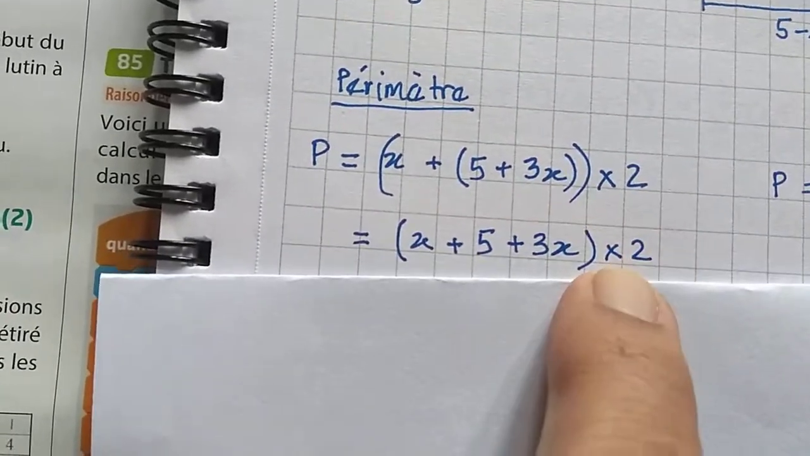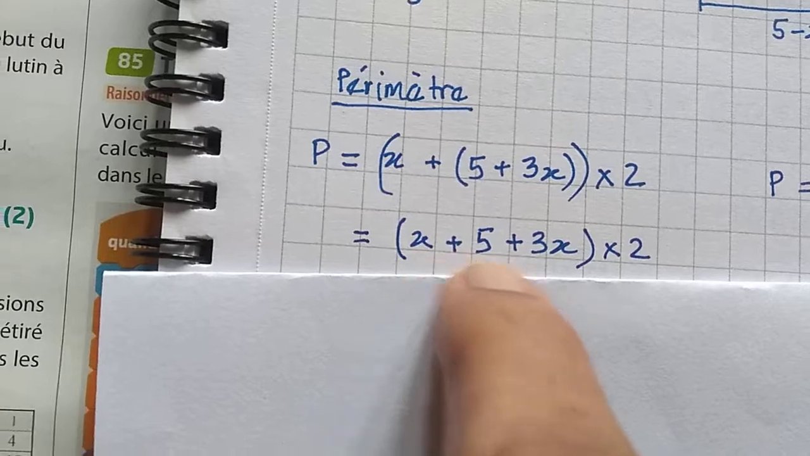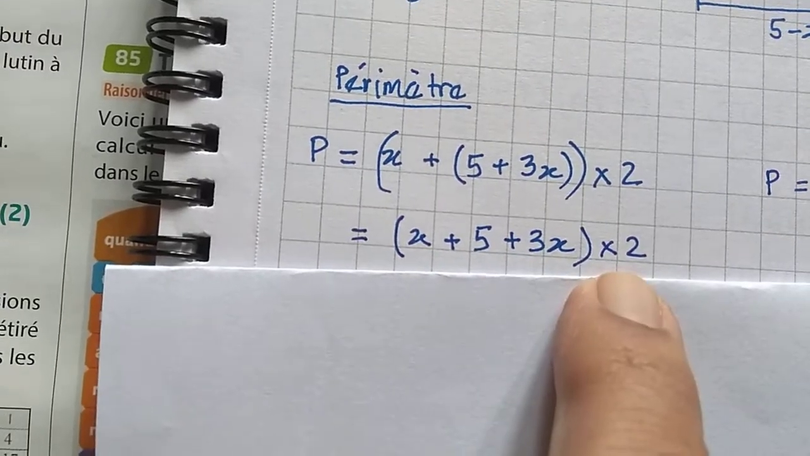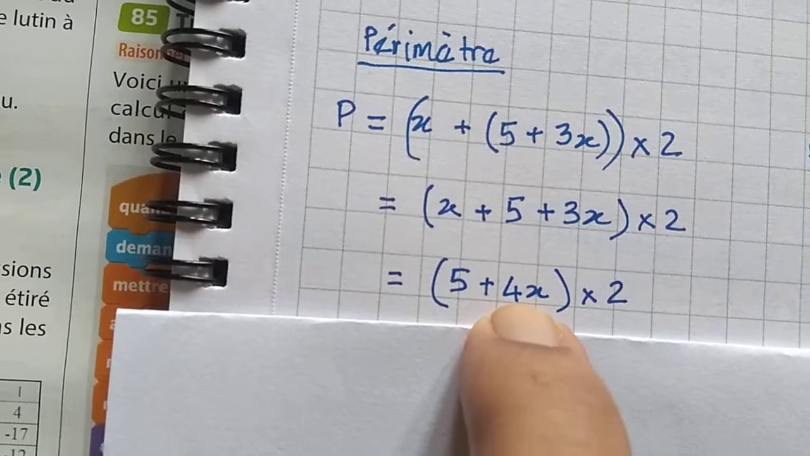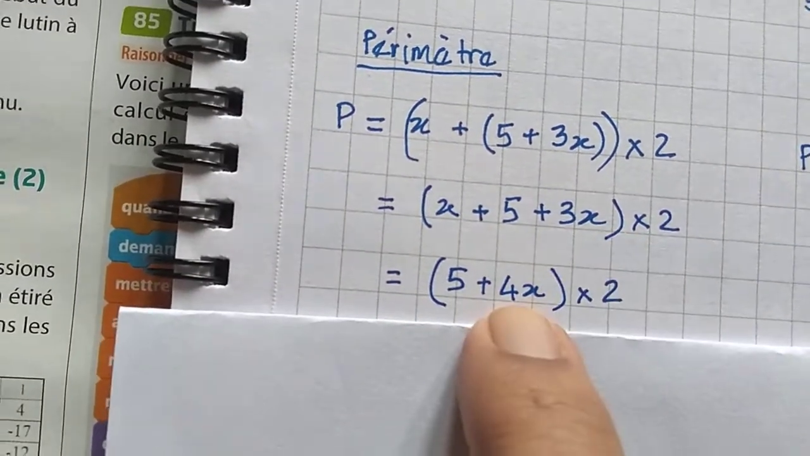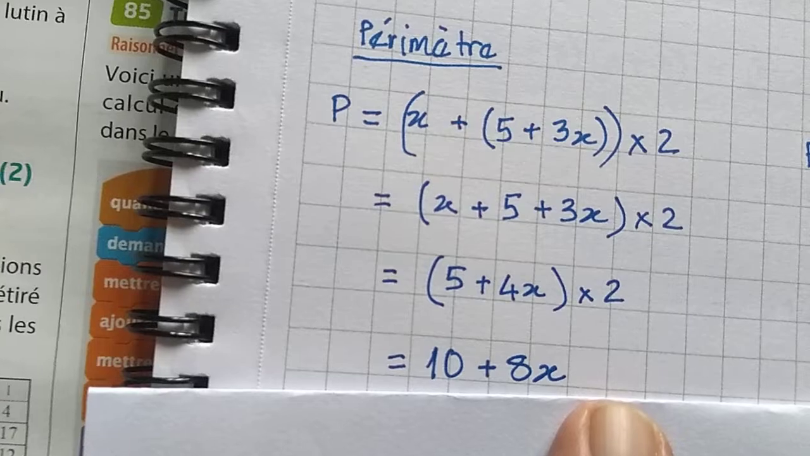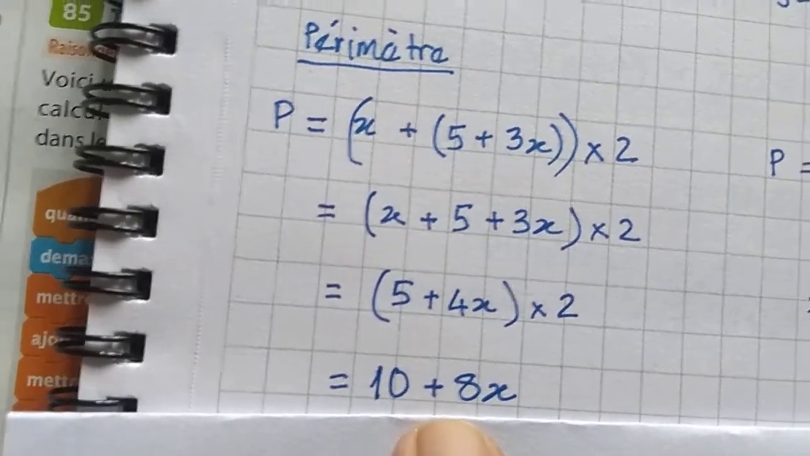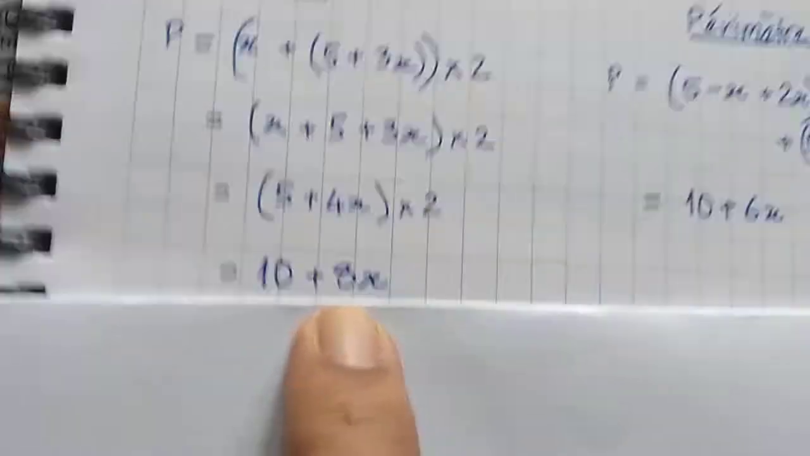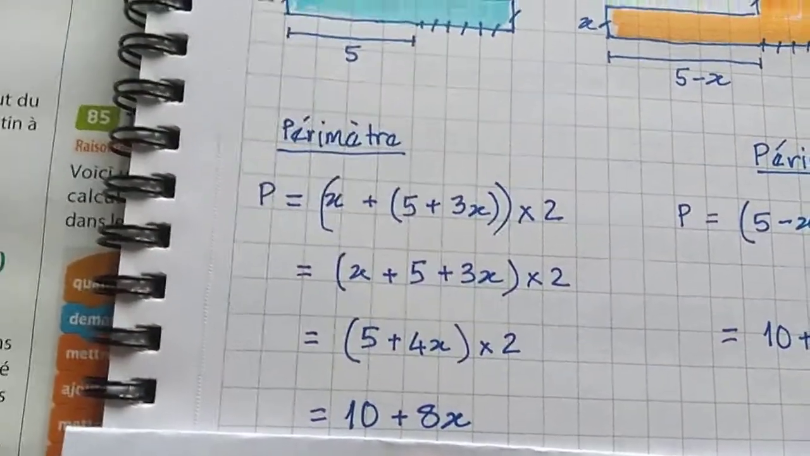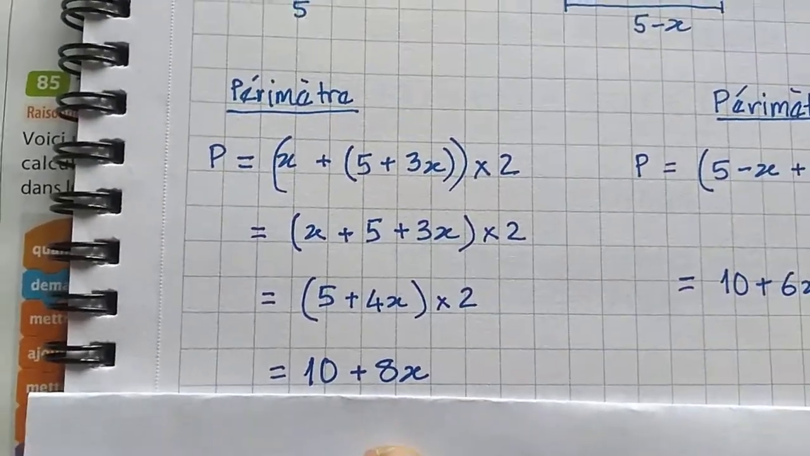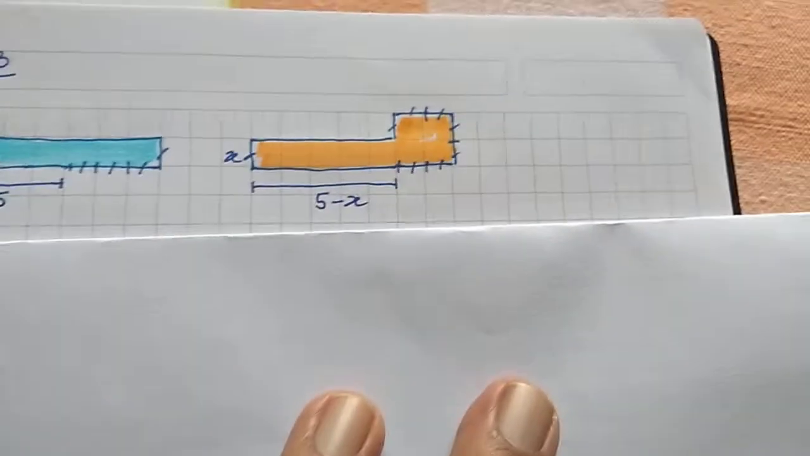Then you develop it. So I open the inner brackets, I get x plus 5 plus 3x, times 2. That gives me 5 plus 4x. Where do I get 4x? x plus 3x. 5 plus 4x times 2 gives me 10 plus 8x. So the perimeter of this rectangle is 10 plus 8x. Now let's take the perimeter of this